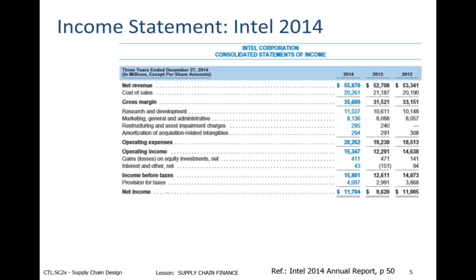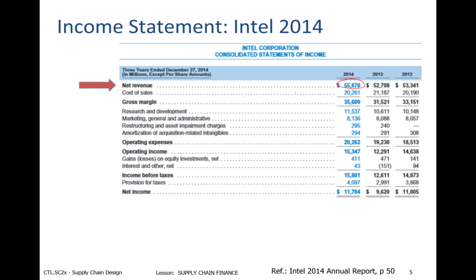Let's look at an income statement just to give you a view of what it looks like. Here we see revenue listed at the top. Now, why do we see it at the top? Well, this is one of the things you often will hear people refer to: what's the top line? In that case, you want to know what's the total, what's the big picture? The big picture here is what we see is Intel is reported